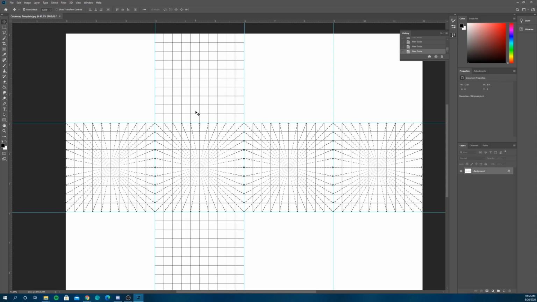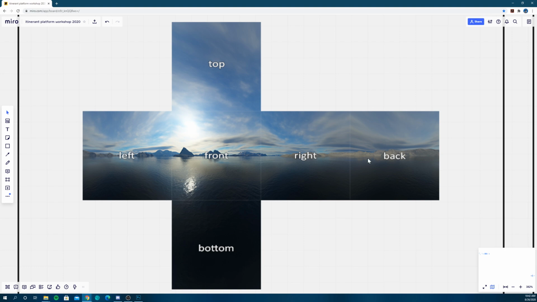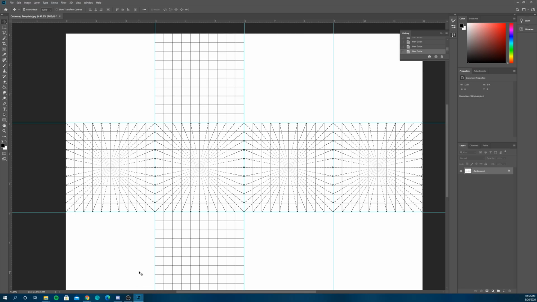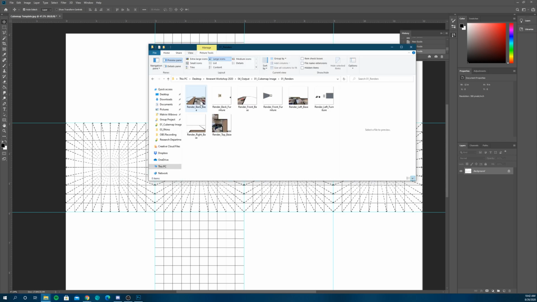Now, we want to refer to this image for the template. The long strip in the middle is the unfolded side of your cube, so you see the front, left, right, and back, and then you have the top and bottom on the other sides. Go ahead and import your render. I'm going to import my render front base